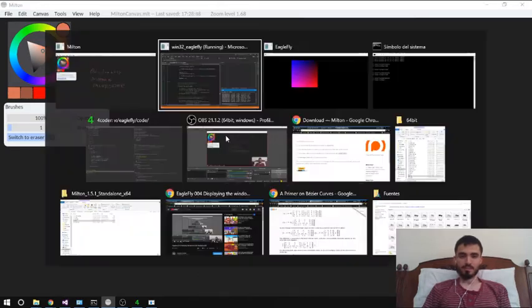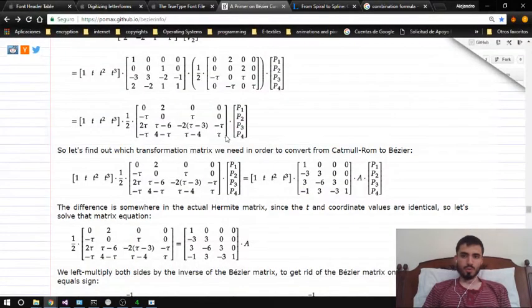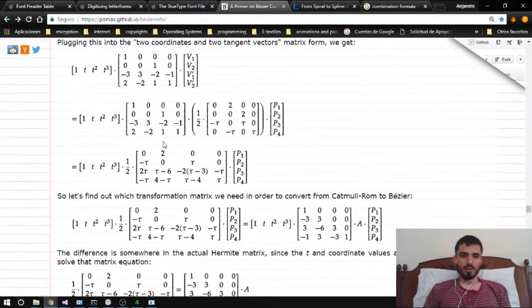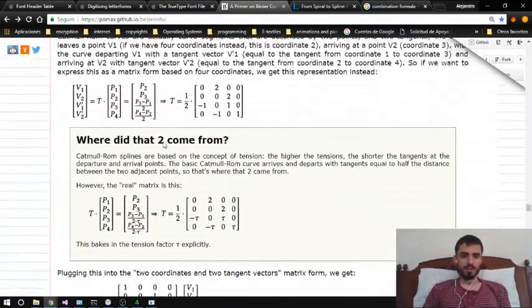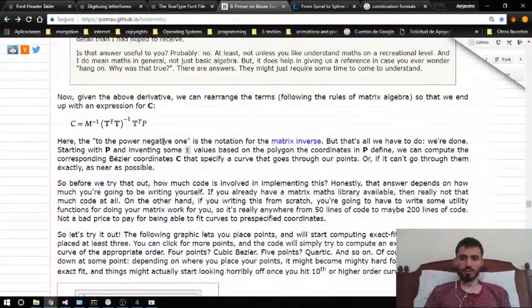Let me see if I already open it. If not, I can. Oh yeah, I have it. Here we have it. These are just matrices, but the main point is to,